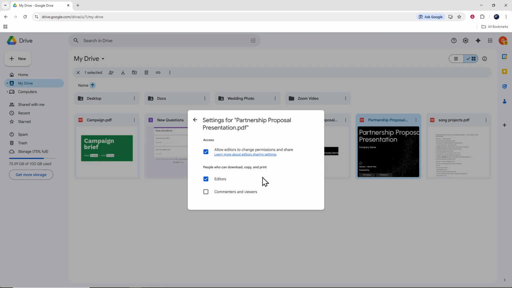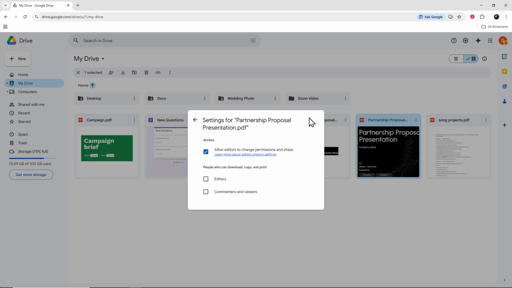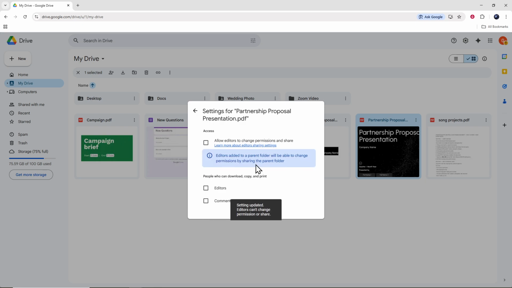Now prevent editors from changing permissions or resharing your file. This step applies to Google Docs, Google Sheets, and Google Slides. Open the file directly so it's on screen. Click Share, then click the gear icon in the Share window. Disable the option that allows editors to change permissions and share. With this turned off, editors can still edit the content, but they cannot add new people, alter access levels, or make the link public. This helps you keep control over who can see the file, even when others are helping